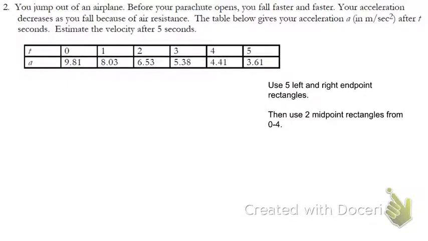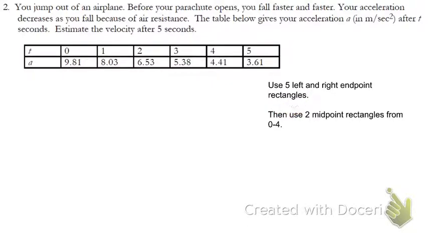It says, you jump out of an airplane before your parachute opens, you fall faster and faster, your acceleration decreases as you fall because of air resistance. The table below gives your acceleration after t seconds, estimate the velocity. Again, this is a table for acceleration. Taking the area under the curve will put us back up to the velocity function because integrals go up and derivatives go down. So, we have 3 directives to use. It wants us to use left and right endpoint rectangles, and then to use midpoint rectangles, just from 0 to 4. So, let's just review from yesterday,